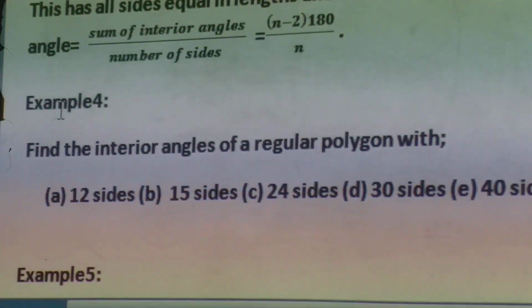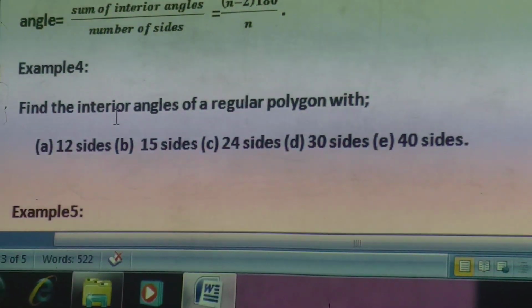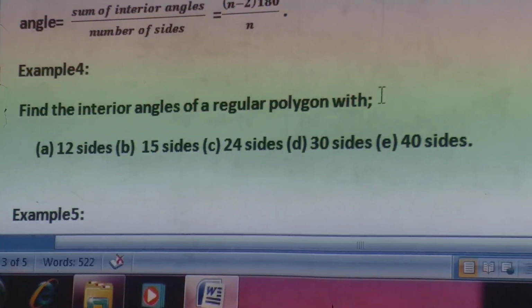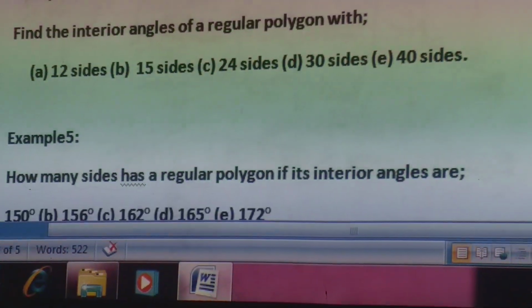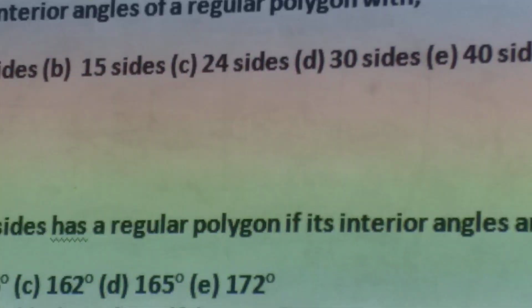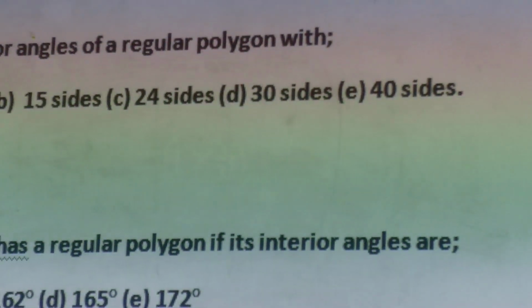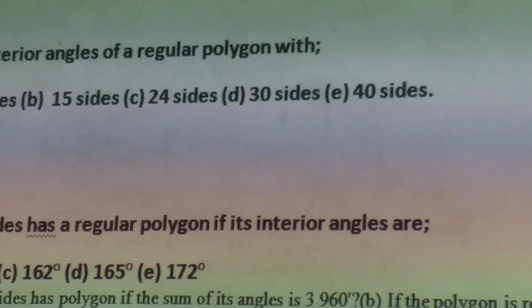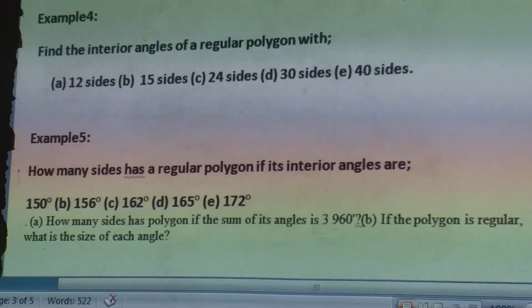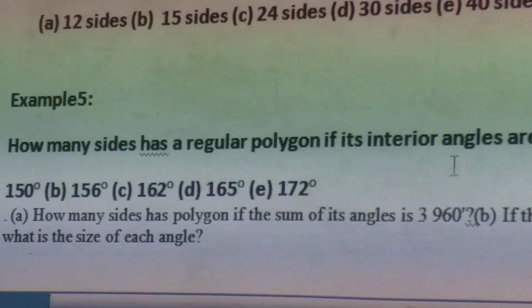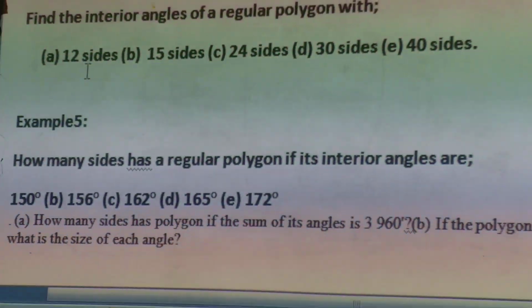Let's work on example 4, which says find the interior angles of a regular polygon with 12 sides for A, 15 sides for part B, 24 sides for part C, 30 sides for part D, and 40 sides for part E. Right, so for part A,